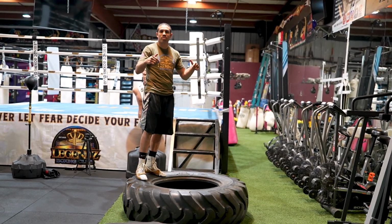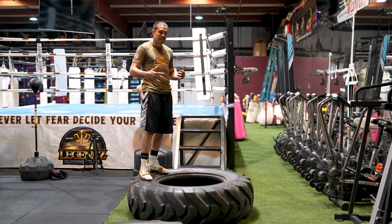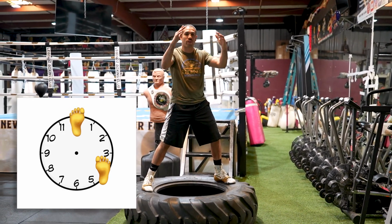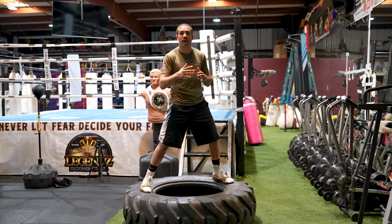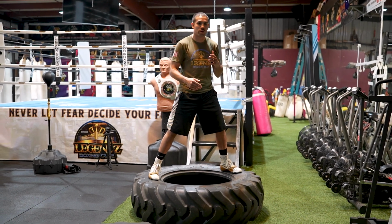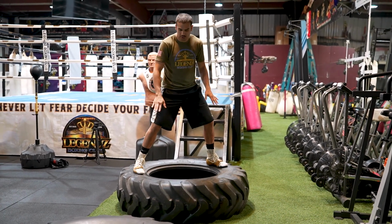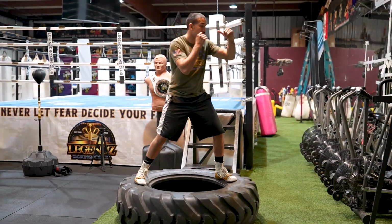Alright guys, this is the drill I was holding on till the end of the video to show you guys. Same idea. You're going to place one foot at 4 o'clock and the other foot at 12 o'clock. In this boxing position, to find your balance, you're going to move around the tire to the left and to the right. And you shouldn't have one foot fall in the tire or out. You got to know where you're at. This really helps even slipping and rolling, because as it is, you're balancing on your toes and the tire is somewhat uneven. So what I like to do is shadow box,